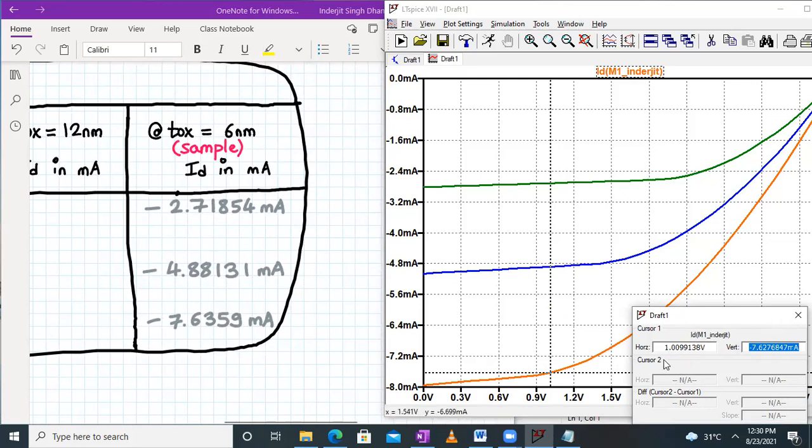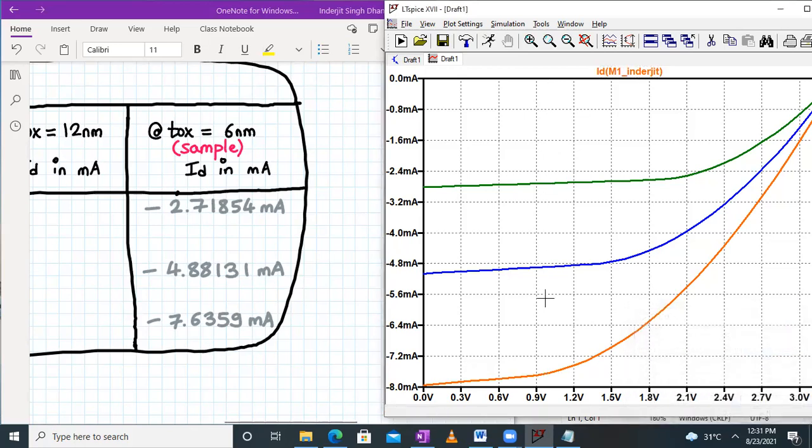Now it's not exactly 1, it's 1.0099. So if you want to select it exactly, we have to slightly rotate it here and there. Okay, so here you are getting 1.000 at a VD value of 1.000. The value of current is around minus 7.635, right? I will let you know how I'm getting such an accurate value.